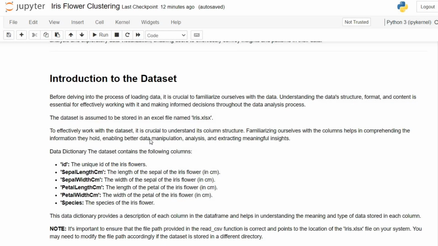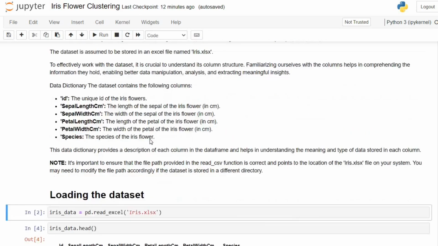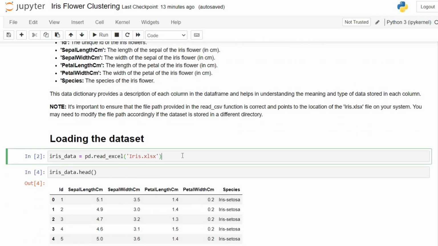Now that we are familiar with the data set, we are ready to load it. So let us look at some lines of code that will allow us to do that. First of all, in this line of code, an Excel file by the name of Iris that contains a data set is being read into a data frame by making use of the read Excel function offered in the pandas